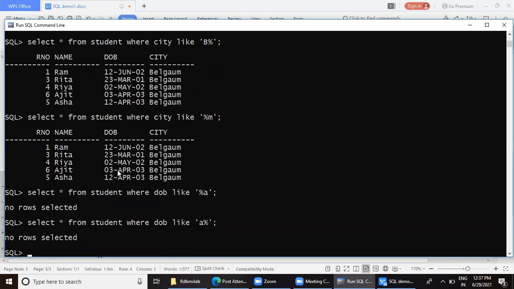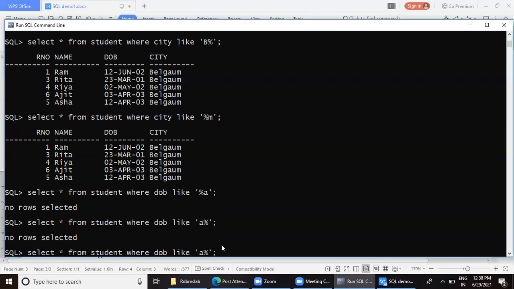We should not search for A. We can give not only a single character, we can give multiple matchings. April means exactly APR can be given, because A lies even in May or in Jan. So we should be giving multiple matching here. Before APR we have date and after APR we have year.